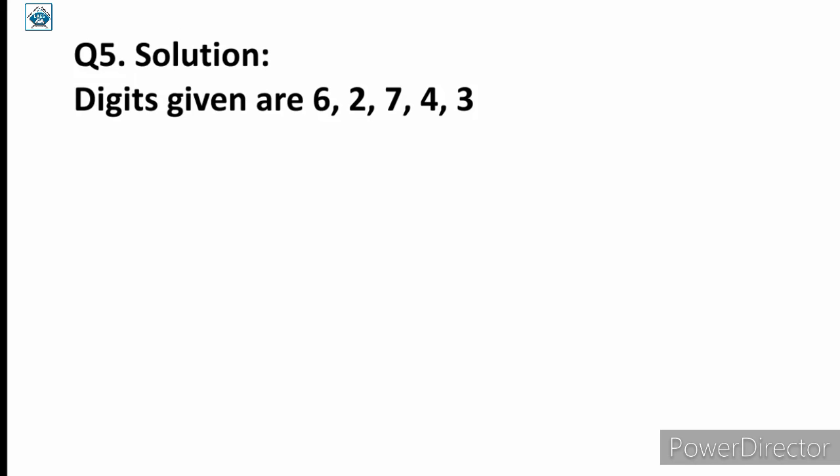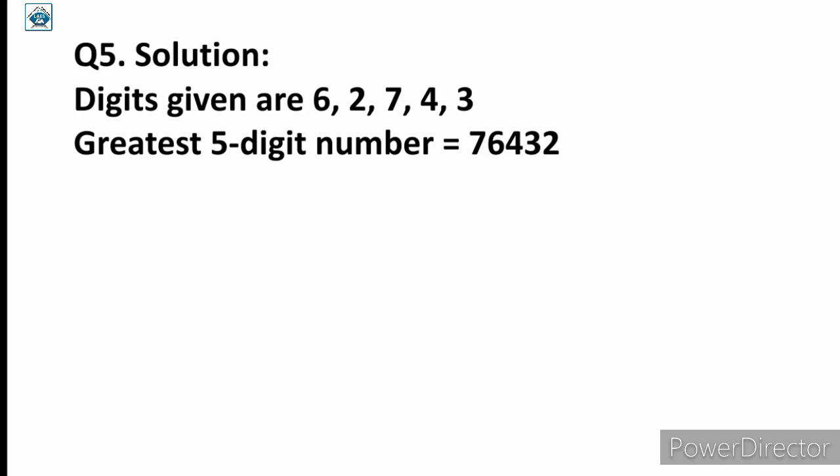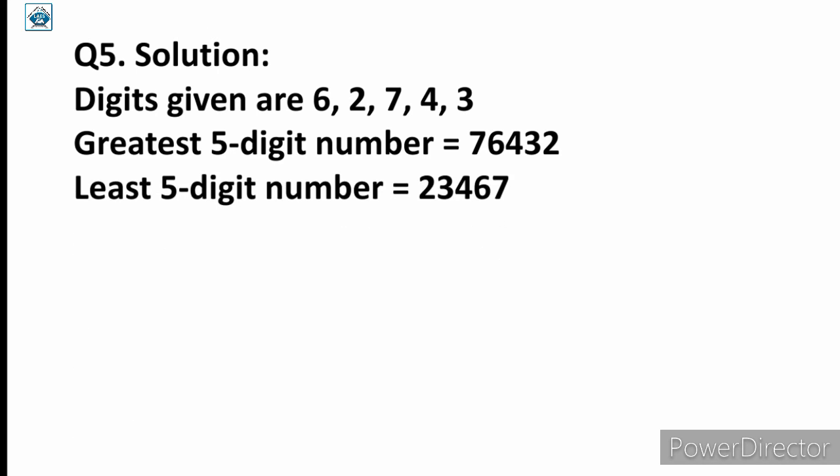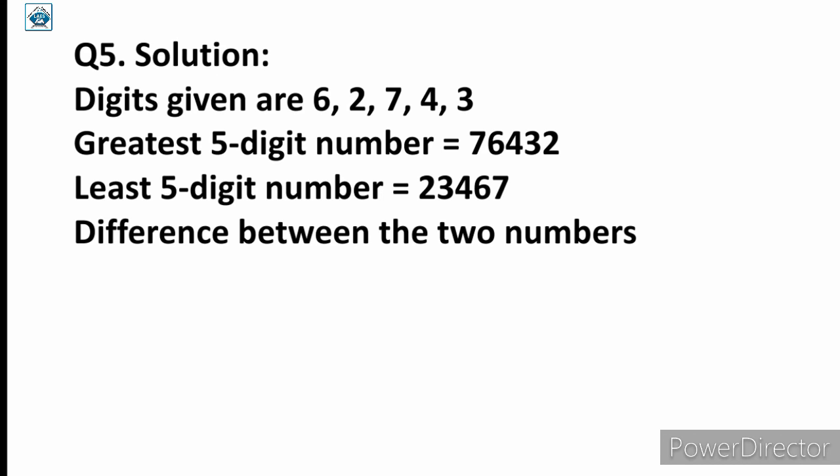Here the digits given are 6, 2, 7, 4 and 3. Greatest 5-digit number will be 76,432 and smallest, that is least 5-digit number, is equal to 23,467. In the question we are asked to find the difference. Difference between the two numbers is equal to